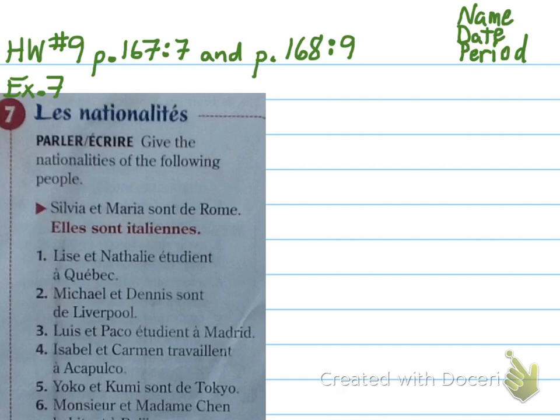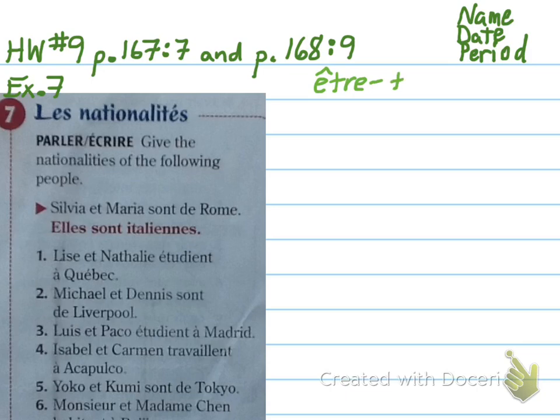All right, your homework is on page 167, exercise 7, and page 168, exercise 9. Exercise 7 is les nationalités. Give the nationalities of the following people. So we have Sylvia et Maria sont de Rome, so they are from Rome, which makes them Italian. So elles sont italiennes. So again here, we're using the verb être,